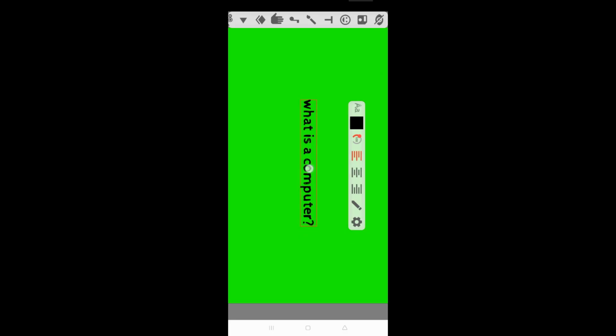Okay, and again I will click here, the option or function button of the mobile phone, and then I will click the insert option. What is a computer? So again we have to write here which is the correct answer. Again I will click here and paste it.